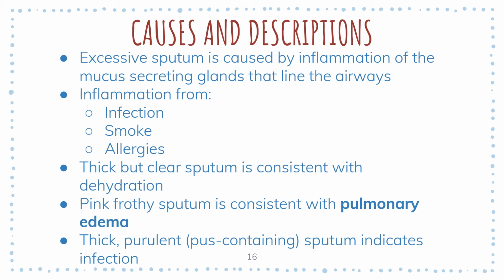So we may have excessive sputum, might be caused by inflammation of the mucus secreting glands that line the airways, those goblet cells, and different sources of inflammation, infection being a fairly common one, smoke, allergies. Again, dehydration can make thick sputum. It's generally more clear. The pink frothy is consistent with pulmonary edema, and the thick purulent, meaning pus containing, is generally indicating